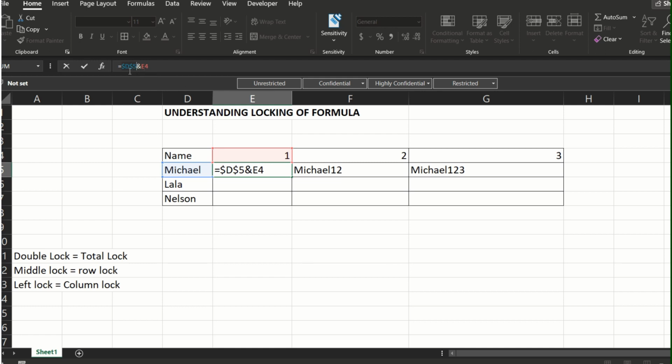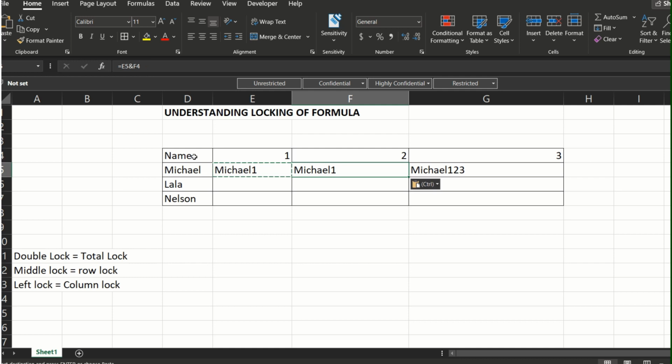If I lock this D5, which is this cell, then enter, you will get the perfect result: Michael 1, Michael 2, Michael 3. It is correct now. But if I copy below,